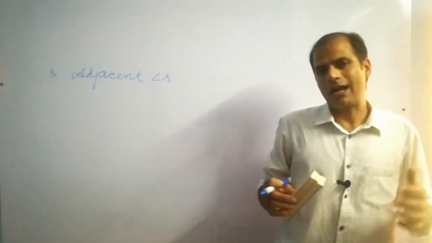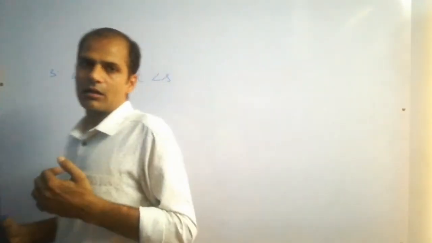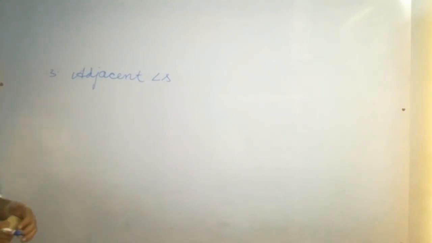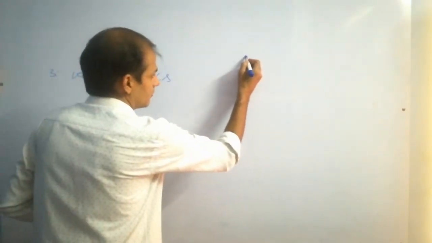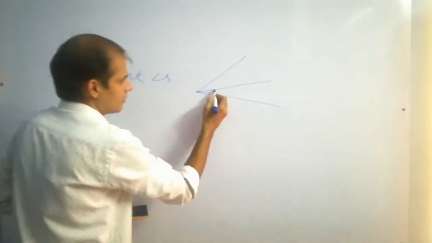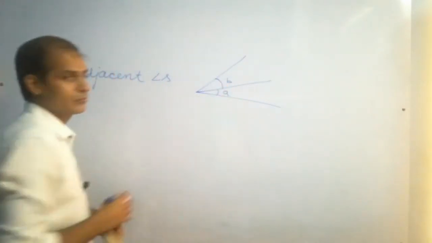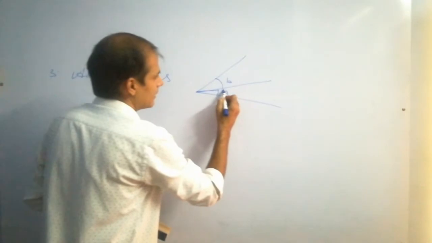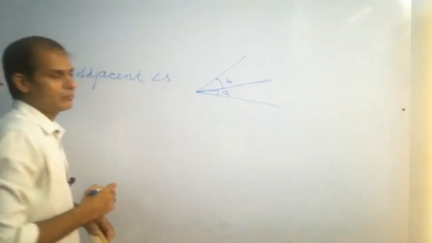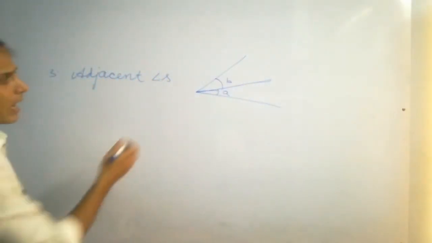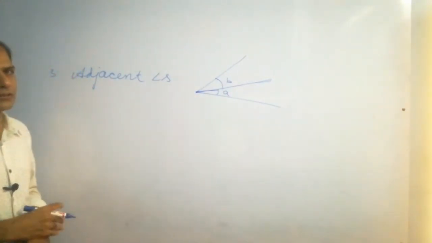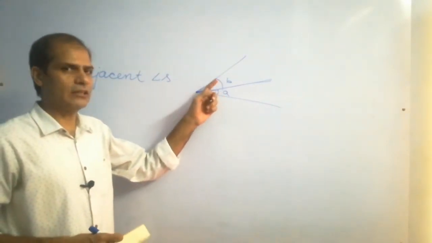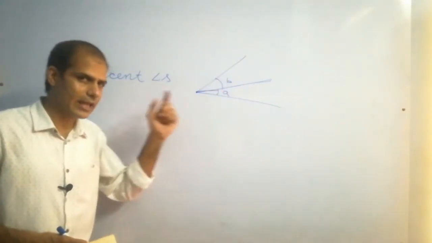If we think further about what different combinations of angles could be adjacent, we just have to try. Okay, means suppose this is angle A, this is angle B. As you can see, this side is common between angles A and B, and this vertex is also common. Means both of these are adjacent angles. We can say angle A is adjacent to angle B and B is adjacent to angle A.